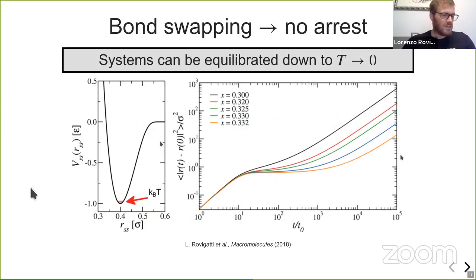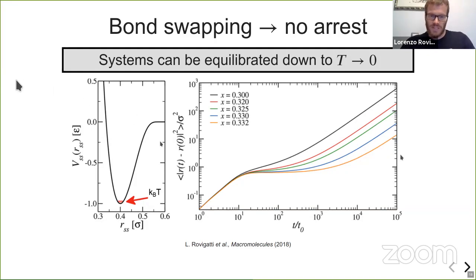So this is an example. I'm running a simulation with this system, and you see this is the potential energy, and these are the extent of the thermal fluctuations. You would expect these systems to be completely arrested, because of course particles that are bound cannot unbind. But if we look at the mean square displacement, on different concentration conditions, you see that it always becomes diffusive. So these things diffuse even though they don't break any bonds, and they diffuse through this bond exchanging mechanism.